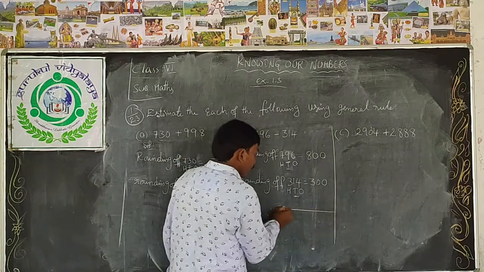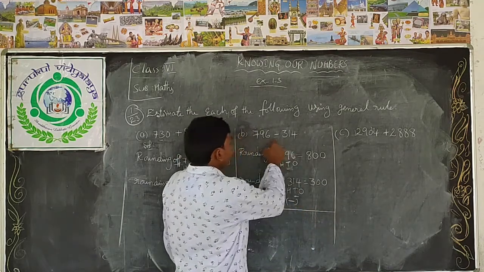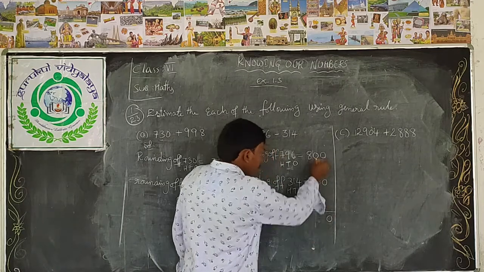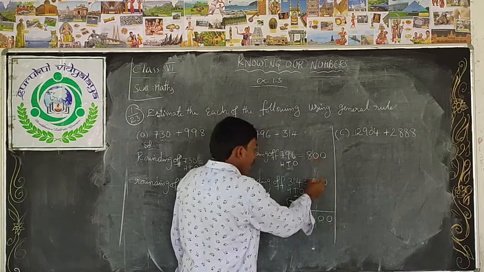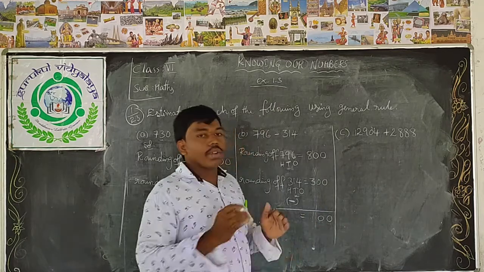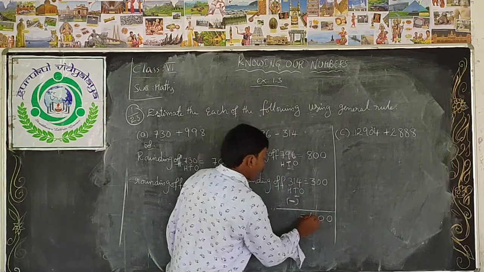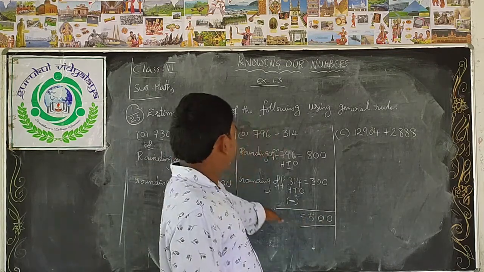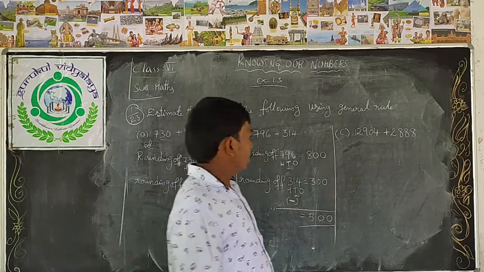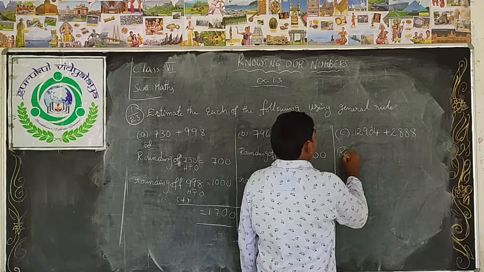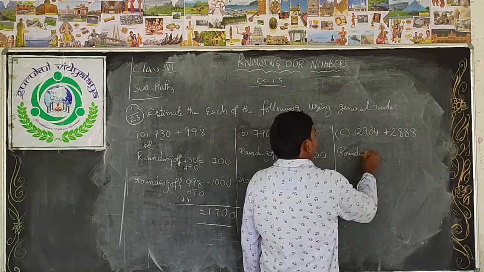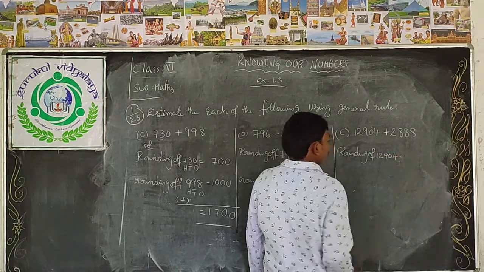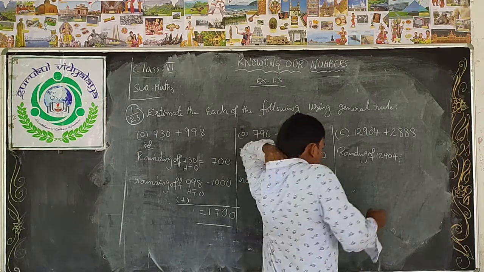So now we can find the difference. Minus. 0 minus 0 is 0, 0 minus 0 is 0, 8 minus 3, subtract 3 from 8. How much? 5, so 500. The estimated difference is 500. So this is the 500. Okay, next one. See, children, this one also rounding off 12904. This one also has so many numbers.